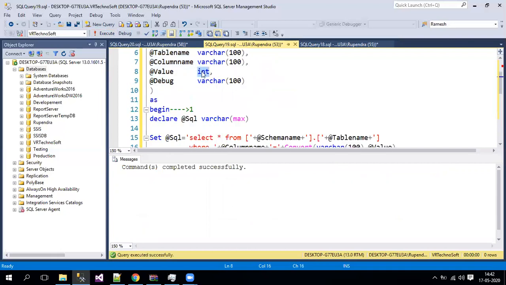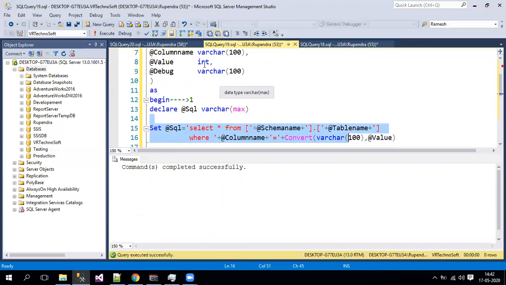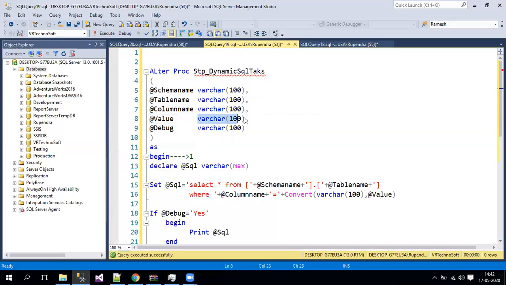Yeah, in the initial phase itself it will throw an error. It won't go and execute any of these queries. So now what you need to do, we'll just make this again to check the data type into a varchar. I'll just make it a varchar, and we'll see whether now it's a varchar, the value also varchar, right? Now we'll see whether my query will work or not.